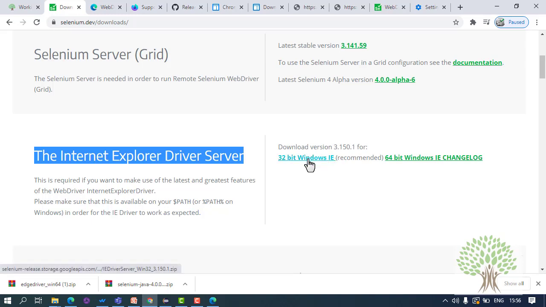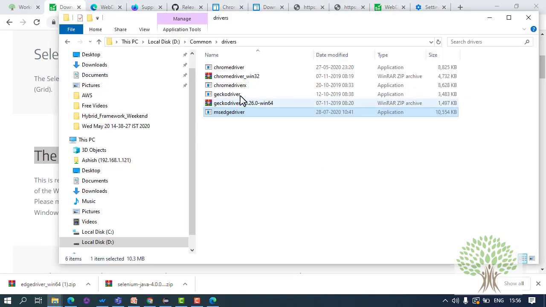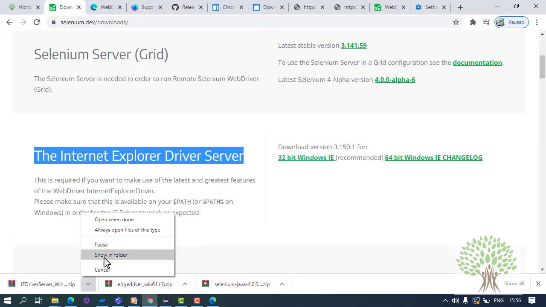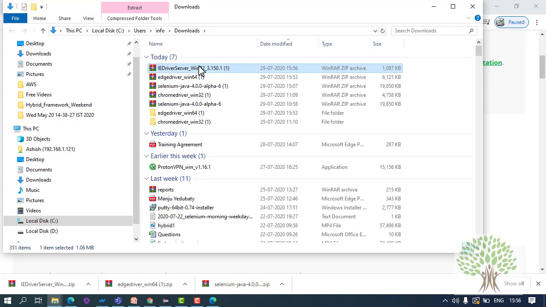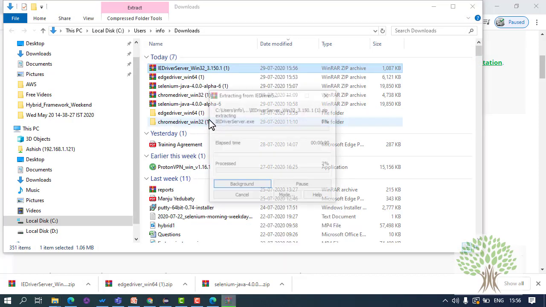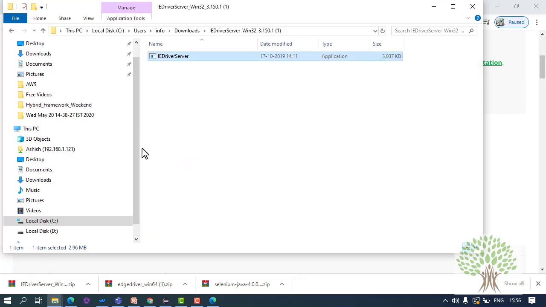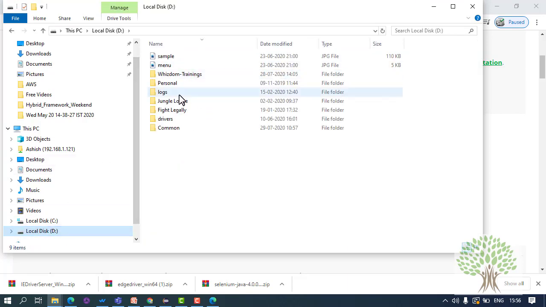I have 32-bit IE, so I have downloaded the exe and kept it over here. Anyways, I'll download this exe, and this is the one. You copy this and you place it.